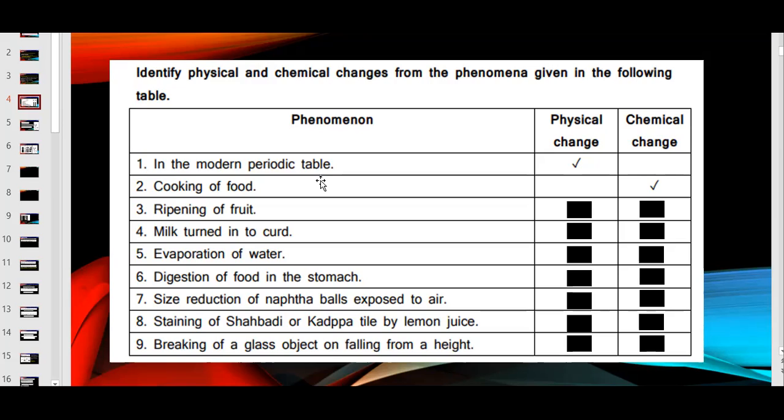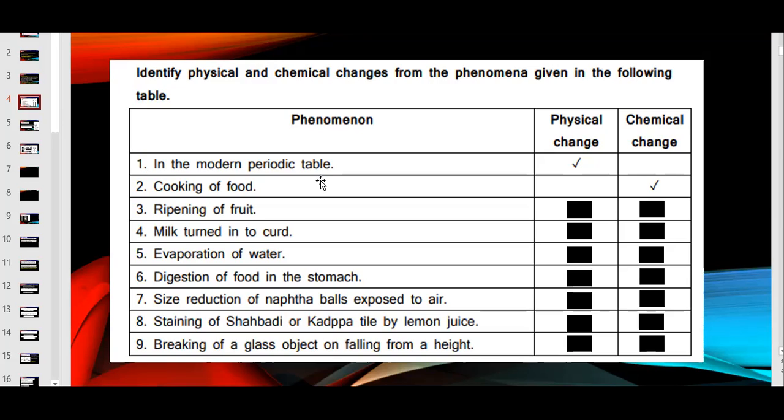But what about the other elements when newly discovered elements came? He had not made places for them, only for a few elements he left places, and he predicted that these elements may come and named them with different names. But later on we came to know the properties matched, and one example is gallium, right? We studied this in our previous chapter. So it's a physical change happening in the periodic table. We are not doing any chemical change there, just the arrangement of the elements is different.